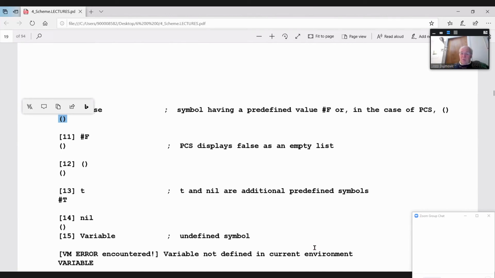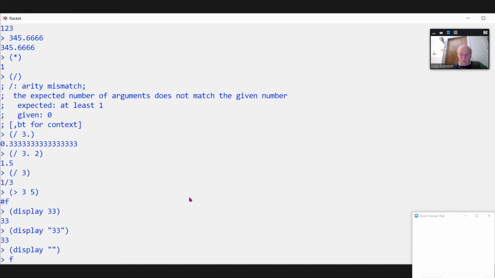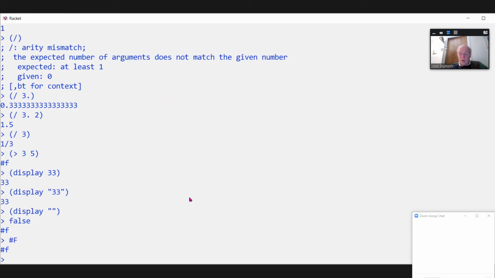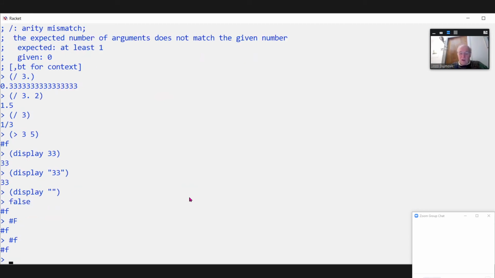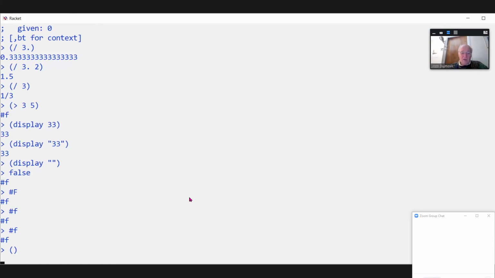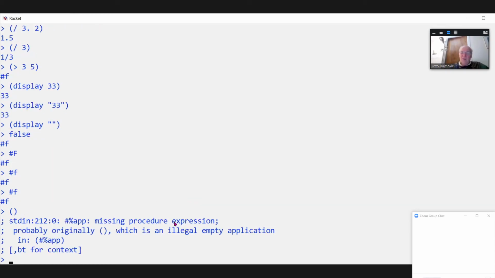So if we go, let me show you for a second. Okay, we are switching between Racket and that. So if I have false as the variable, it returns F. I can have pound F capital, it is again false, or pound F lowercase, it is false. Pound F is also used, or any kind of these falses are the same and truths are the same. So it is not possible to get an empty string, because the empty string is considered here a missing procedure, which is an illegal empty application. So that's how it is defined in